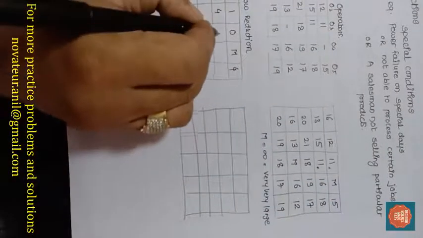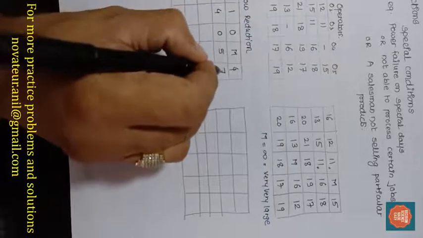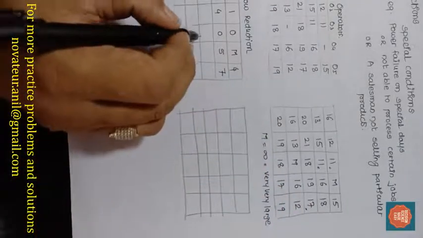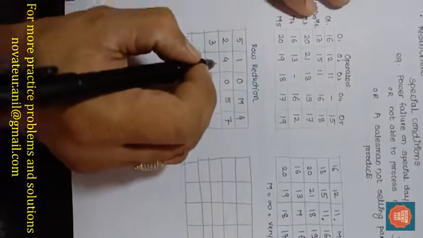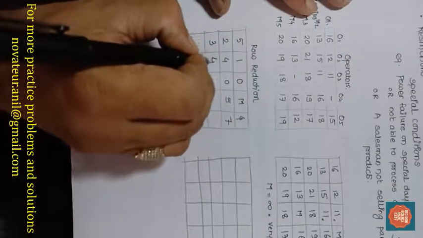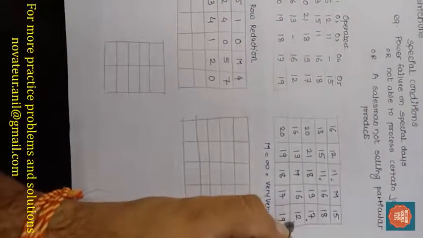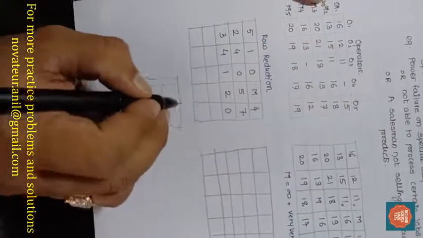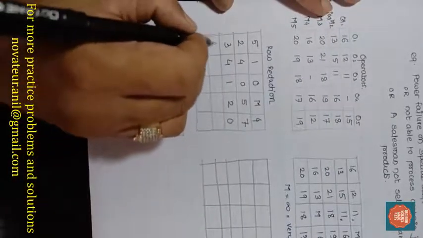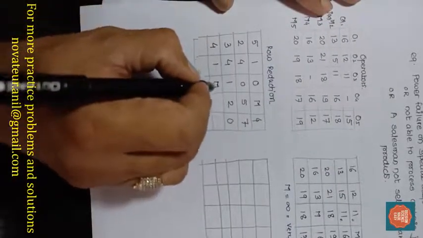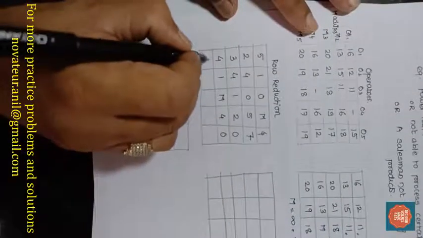The answer I'll get is 2, 4, 0, 5 and 7. In row 3, the smallest element is 17, so I am going to subtract 17 from the rest of the elements, and I'll get the reduced row as 3, 4, 1, 2 and 0. In row 4, the smallest element is 12, so I'm going to perform row reduction on row 4, and I'll get 4, 1, M, 4 and 0. In the last row the smallest element is 17, so I'm going to get the answer as